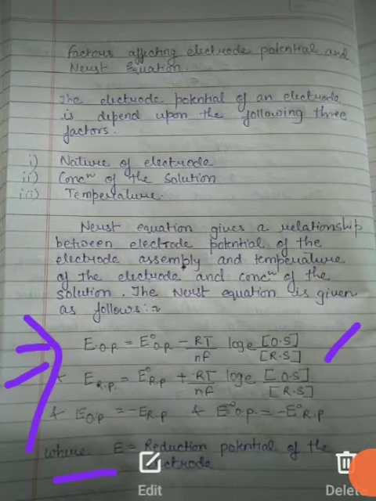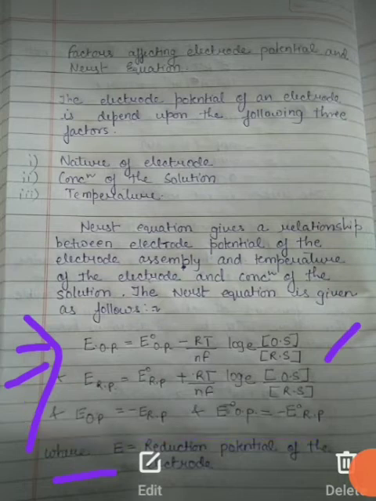So students, this is all about the Nernst equation, and it can also be understood under the heading of factors affecting electrode potential and the Nernst equation. Basically, what happens is the temperature at which the cell is working matters, however the value of the temperature coefficient, delta E by delta T, for electrode potential is very low. So this is all about the Nernst equation. This basic equation is the Nernst equation.